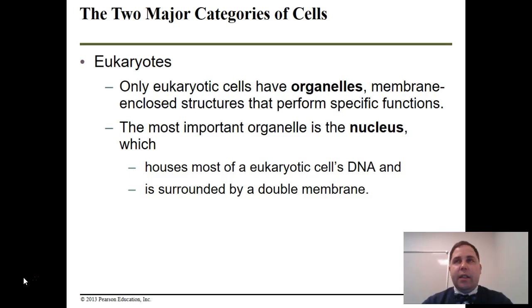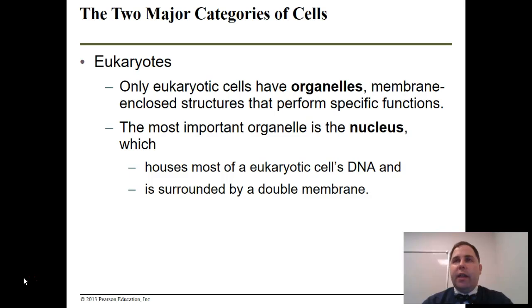When we get to eukaryotic cells, that's where we talked about organelles. So only eukaryotic cells have organelles by the specific definition, which is that organelles are membrane-enclosed structures that perform specific functions. And we can think about this idea that when a eukaryotic cell gets a little bit bigger than a prokaryotic cell, instead of having an efficiency apartment where your bed, toilet, sink, refrigerator are all in one room, as you get to a bigger and bigger house, your specific rooms have specific functions. You have a kitchen for storing your food. You have a bedroom for sleeping in.